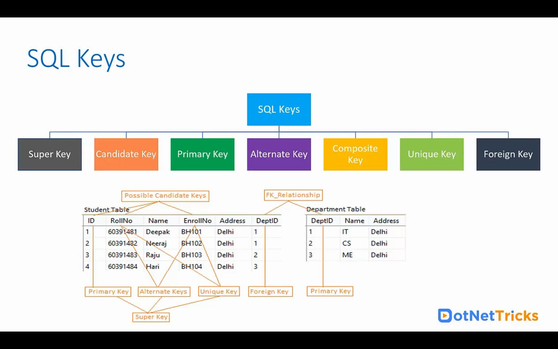Similarly here, we have selected, let's say, ID. So now ID would be the primary key because this is the selected candidate. We decided this will be the main candidate. So this is the primary key. Now whatever other columns we have will be known as alternate keys. You can see the roll number and the enrollment number are now the alternate keys. These become the alternate option now. So from the possible candidate keys, we select one key as the primary key. And when you select one of the columns as the primary key, the others automatically become alternate keys.